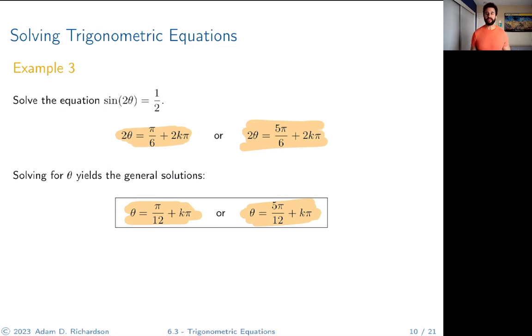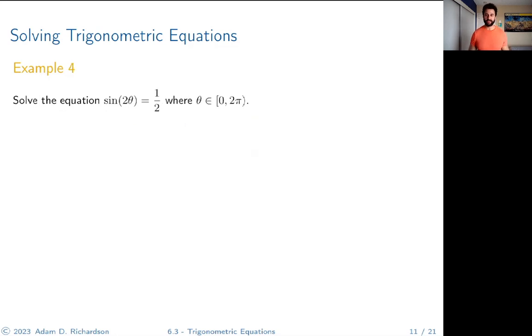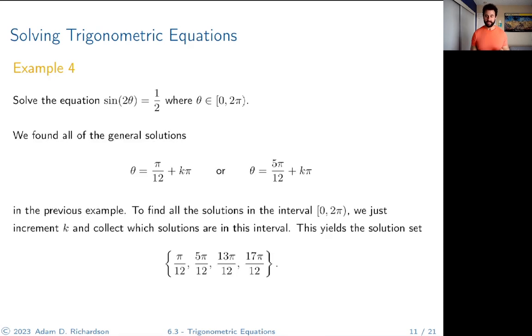All right, now let's check out the next example. It's related to this one. So here we're being asked to solve the equation that we had before, but we want to restrict theta to be in the interval 0 to 2 pi. Now, we already found the general solutions in the previous example. So we found that the general solutions are going to have this form,